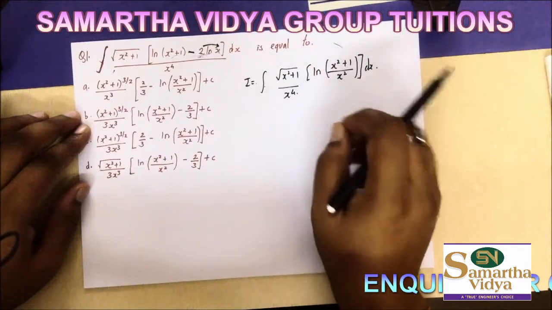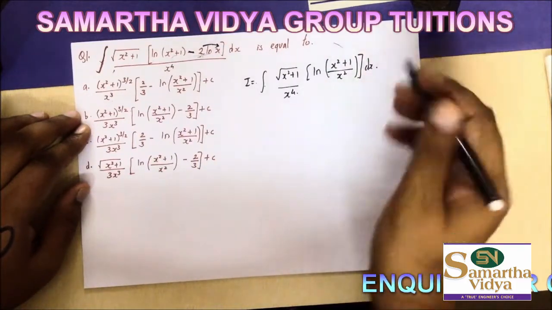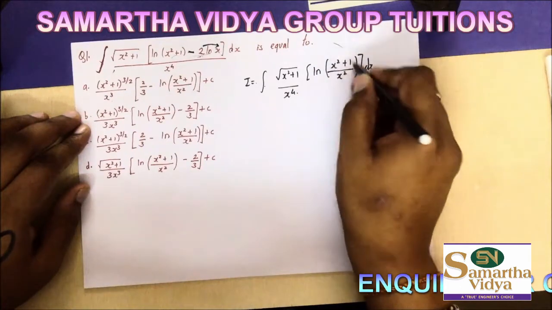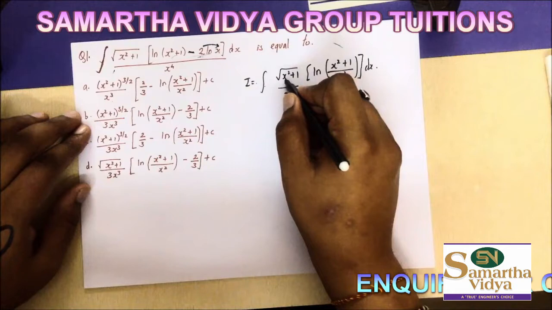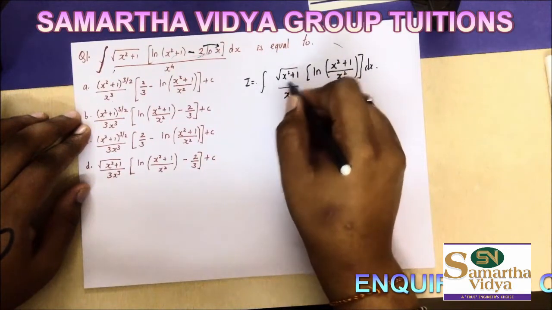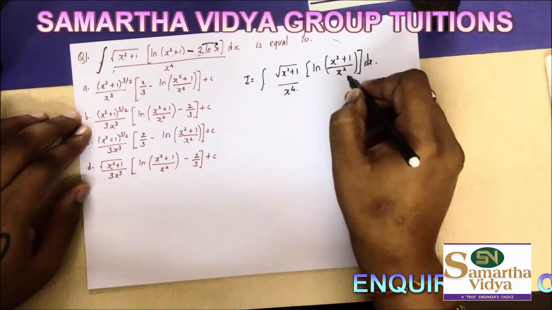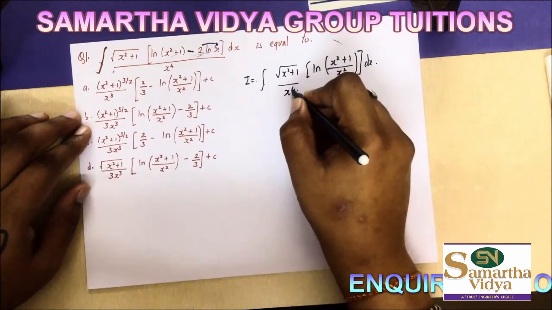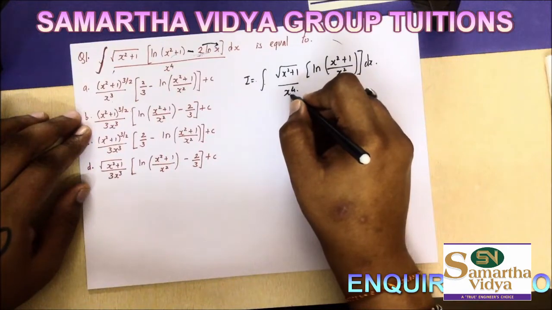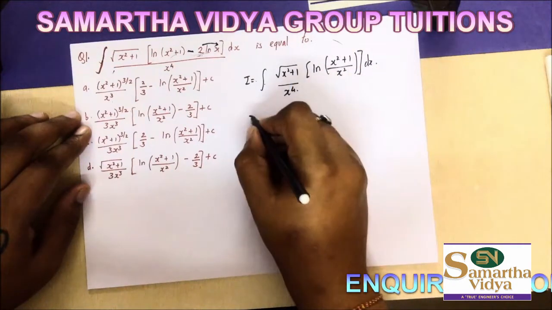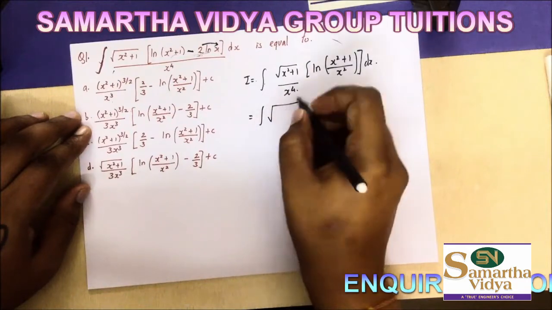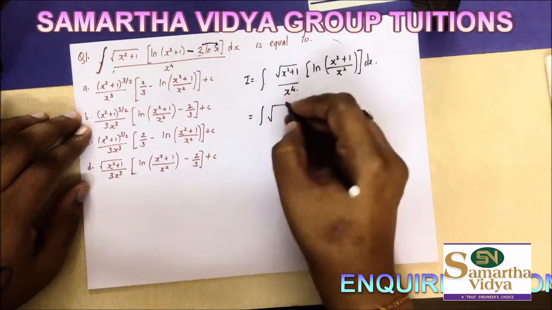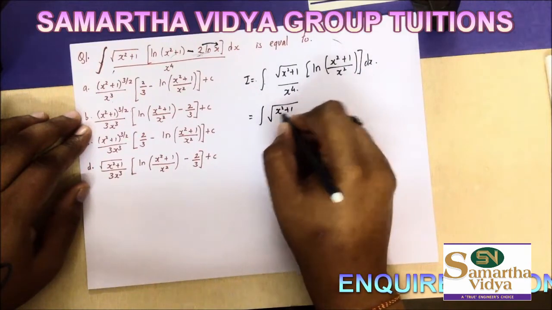Now what the substitution is going to be is what we have to see. We can see that inside the ln we have x square plus 1 upon x square. Inside the root I am getting x square plus 1, so let's try to bring an x square into the denominator there also. We can bring the x square when we take one of the x from x raised to 4. If I take one of the x inside the root, since that x enters a root sign, it becomes a square when it enters. So that's why it becomes x square plus 1 upon x square.